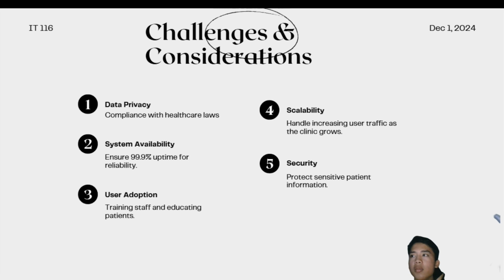Number three is user adoption, training staff and educating patients. As you can see, we are in the Philippines. Our fellow Filipinos are not familiar with technology, so it is hard for us to create a UI or UX for them.